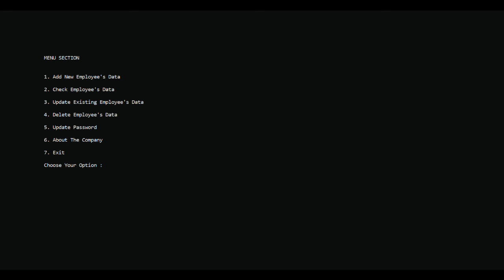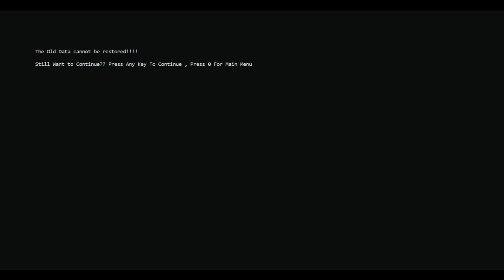Thereafter, if I go to update, before this I have added another employee named Ravi Jha. So I am going to edit his data because his data contains some issues. Okay, the old data cannot be restored. Yes, no problem, sir. So what is the name? His name is Ravi Jha. I entered it earlier. What do I want to update?